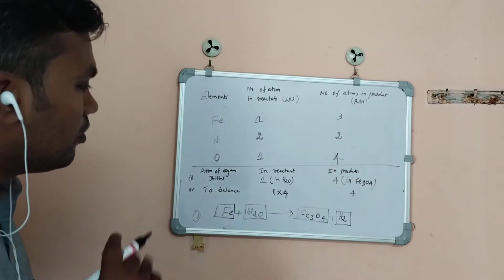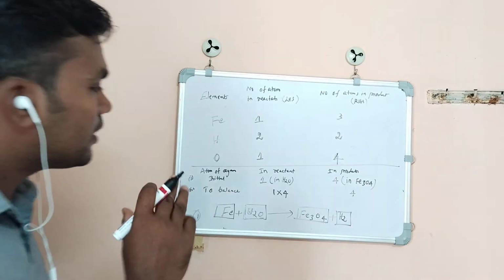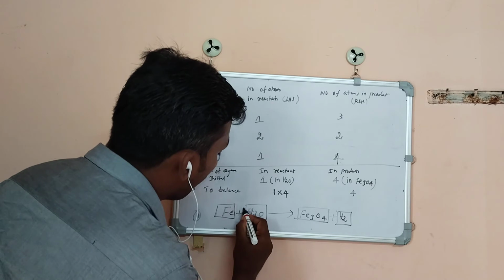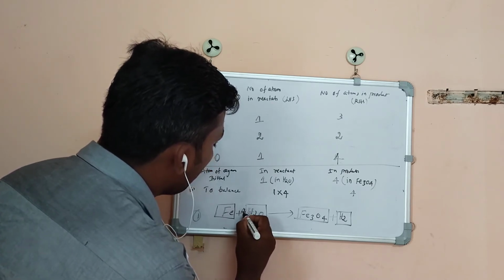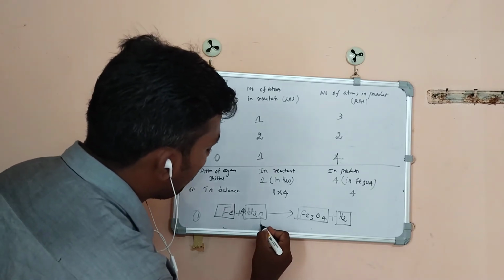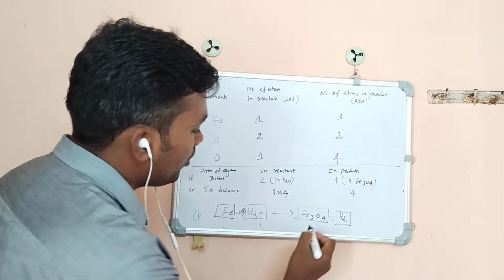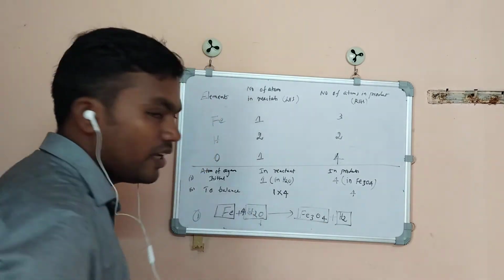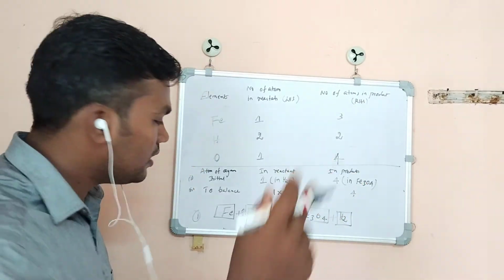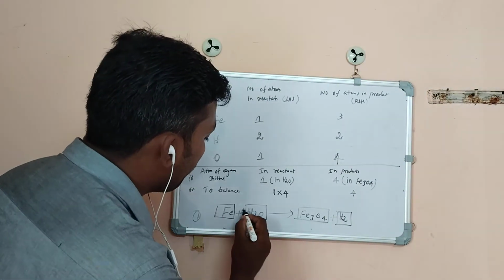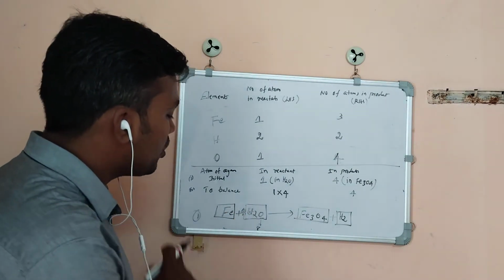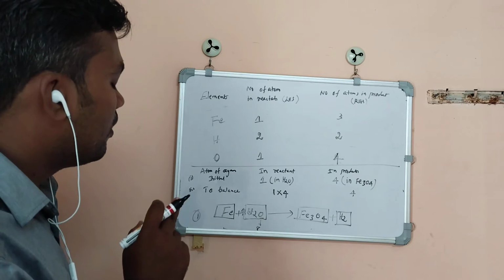Now the total number of oxygen in the product as well as the reactant side is balanced. Now we are going to write 4 here. Now the number of oxygen atoms present in the product side matches the reactant side, but after writing 4 here, the total number of hydrogen atoms has increased to 8. Okay, 2 into 4 is 8. So the total number of hydrogen atoms has increased to 8.